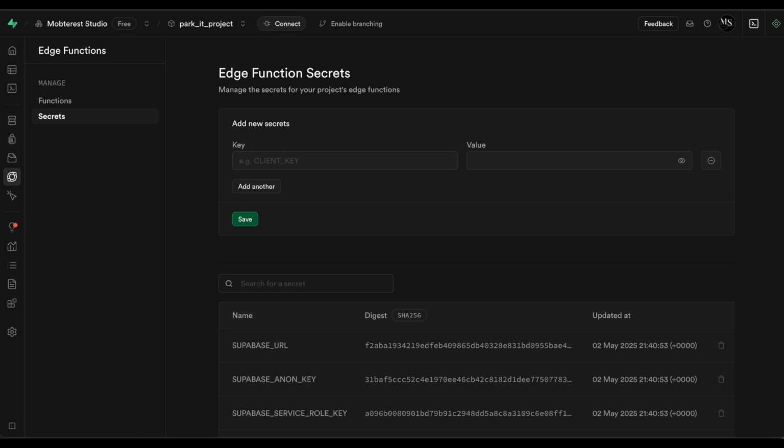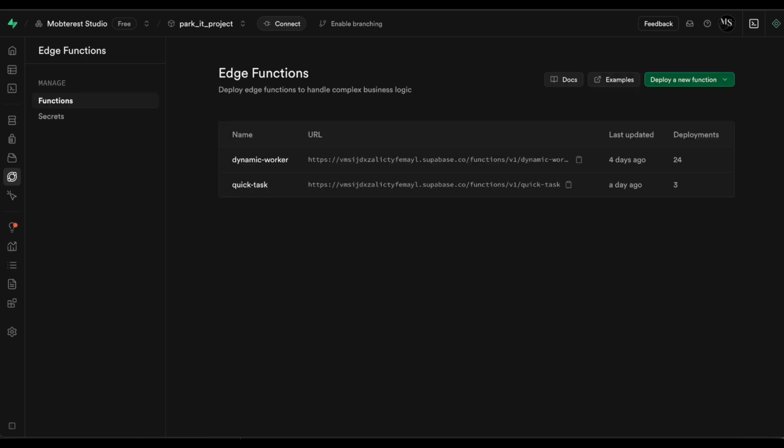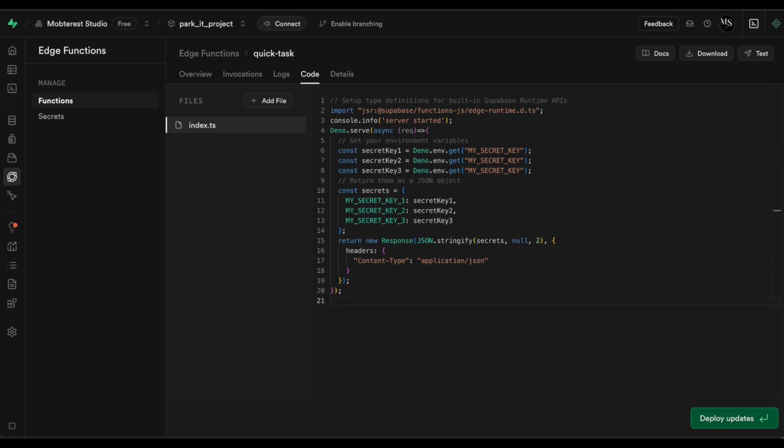So you enter your key here, whichever key you have, and then you enter your value, and then it's stored that way. So this is a place where you enter all your environment variables, and then now we head over to the function section. We create a new function. I already have one called quick task, and when we get to the code, we'll proceed to review the code that I have. So what it does is,